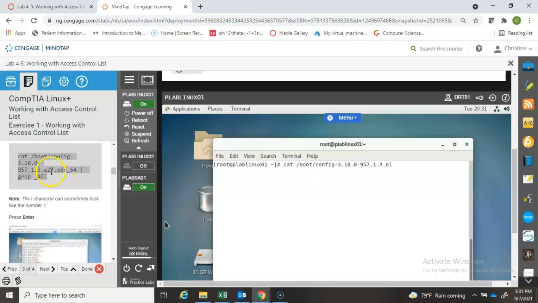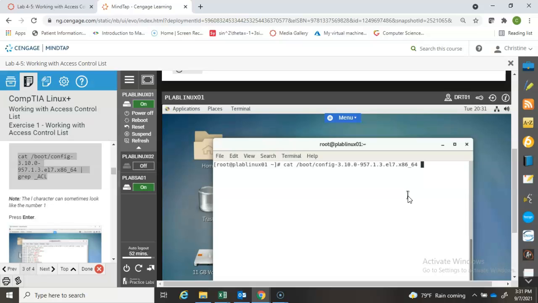Notice here that's an L with a straight line at the top as opposed to the one that has a curved line. So that's EL7.x86_64